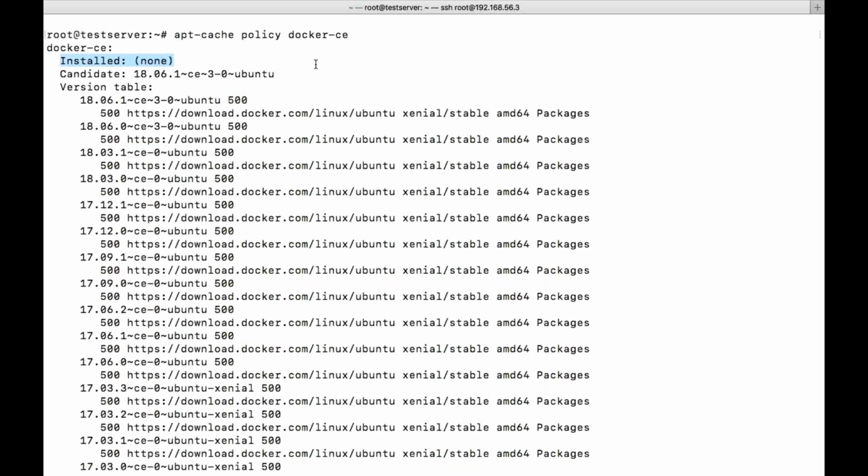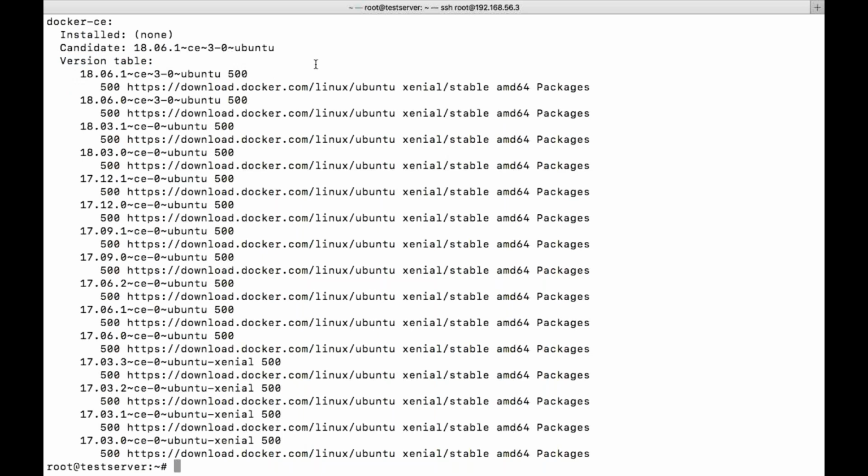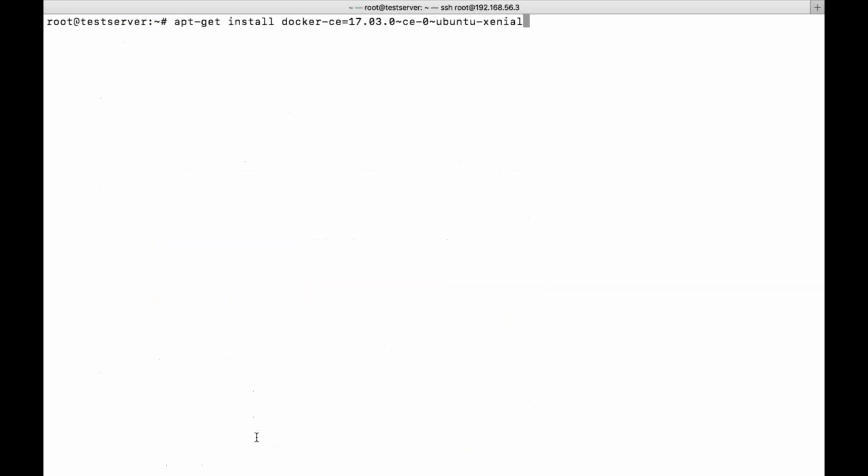So if you want to install the latest version, we'll directly give apt-get install docker-ce. But let us say I want to install this 17.03, then copy this and give equal to, and then paste. So this is how we need to install a specific version. If you want to install a specific version, we need to copy that particular version and then paste it here.